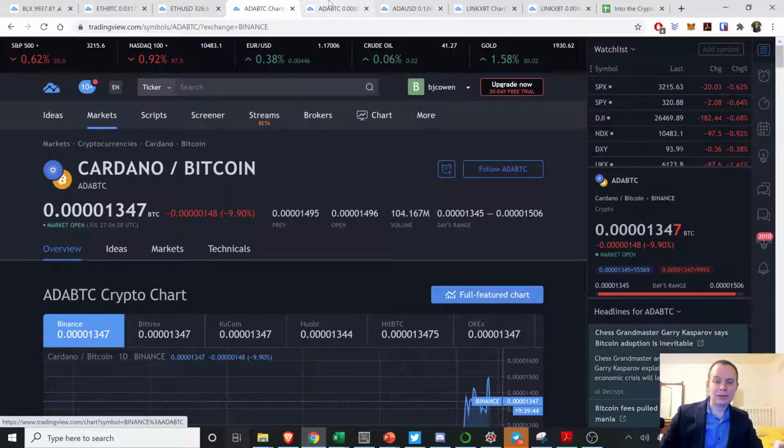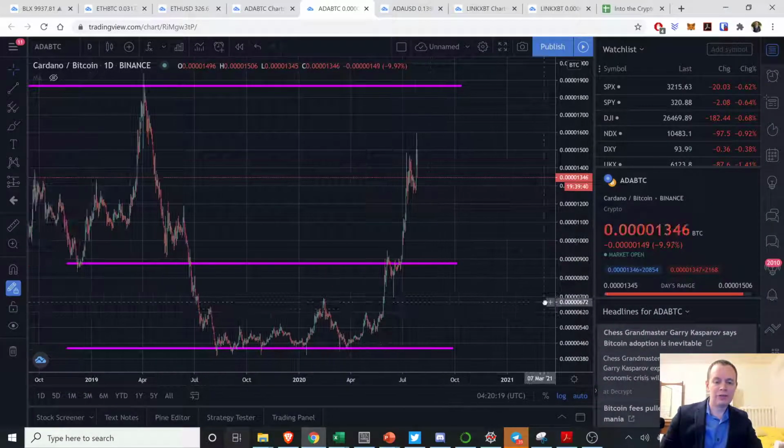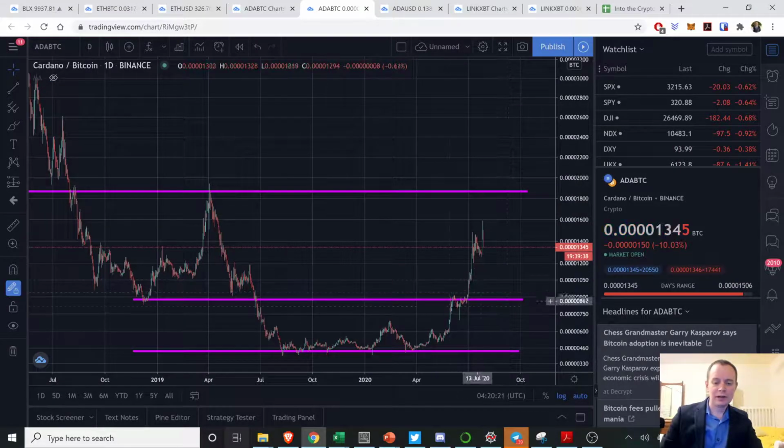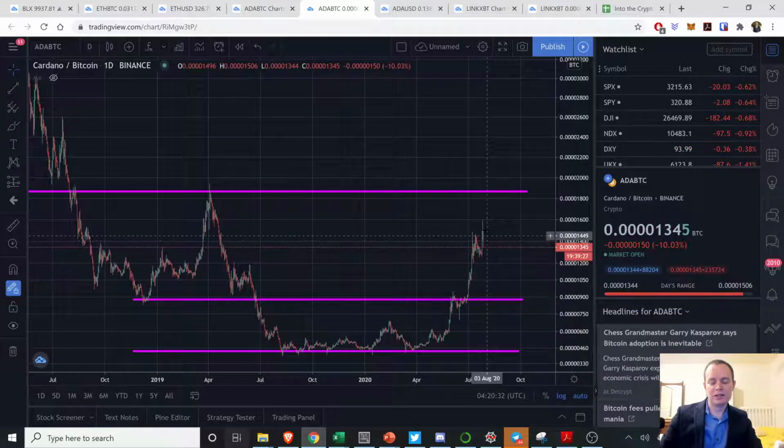Looking at the ADA Bitcoin chart, what do we see? Well, these are the same lines we've had drawn for a long time. First, we broke out of this level. We came up to the halfway point. What did we say? If Bitcoin stays bullish, or if Bitcoin just stays humdrum, hopefully we're going to continue to see ourselves